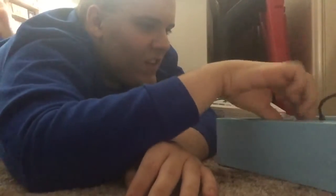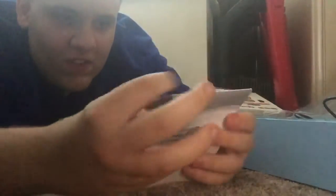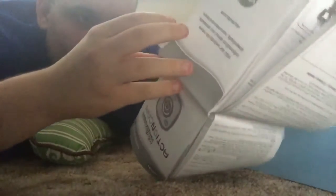So we got our ActionCam parents guide. Well, it's getting taller and taller and taller. Unbelievable. Here's the